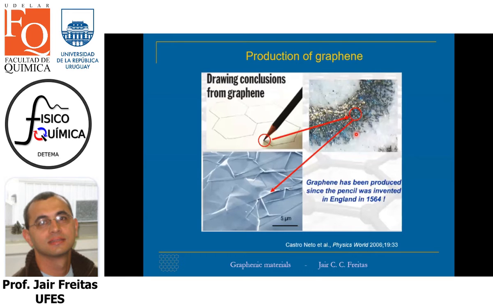I will move now to discuss some production methods of graphene. In the original work by Geim and Novoselov, they used a type of exfoliation method, the mechanical exfoliation method, which is the traditional way to obtain graphite flakes and graphene layers. This is pretty much the same thing that occurs when we draw and write with a pencil. We produce fragments of graphite, and among these fragments, we can find some layered